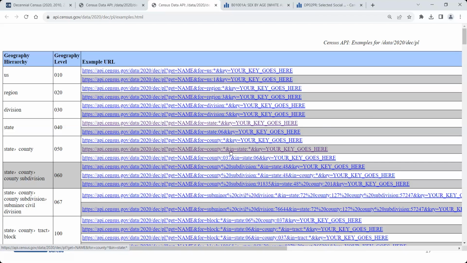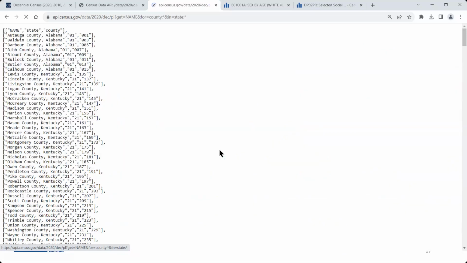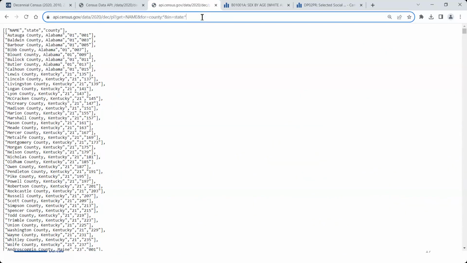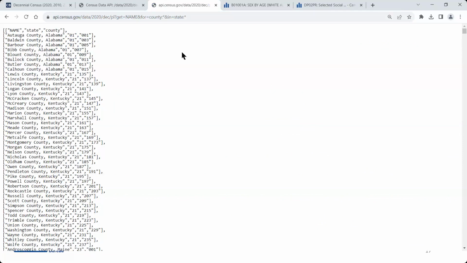So what I'm going to do is click directly on this second link here, and you'll notice when I click directly on the link and look up at my URL here, it actually automatically deletes that key portion since I'm not using one at this time. If you were to instead manually copy and paste that link up into your address bar here, you would want to also manually delete that key portion. But for me, since I just opened it up here, it automatically deleted it for me.